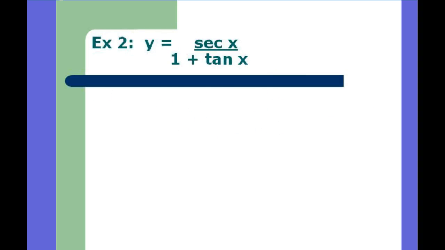Just look at number 2. Okay? I think number 2 is pretty fun. Secant over 1 plus tan. So we have a quotient rule. dy/dx